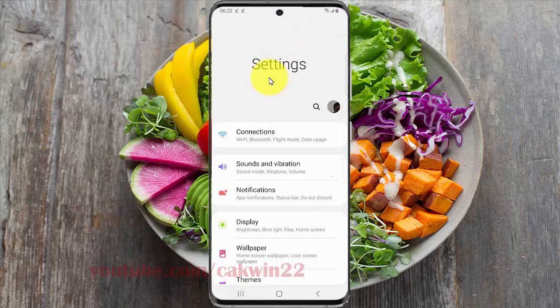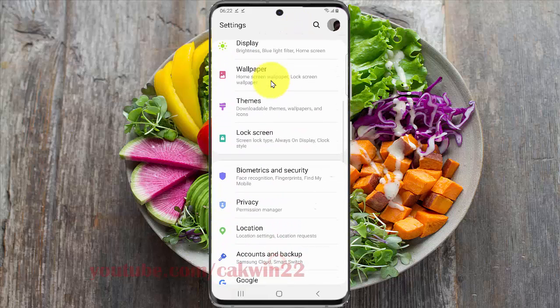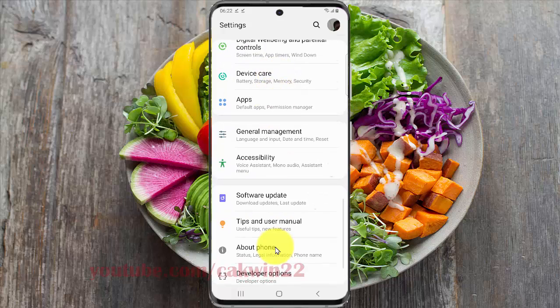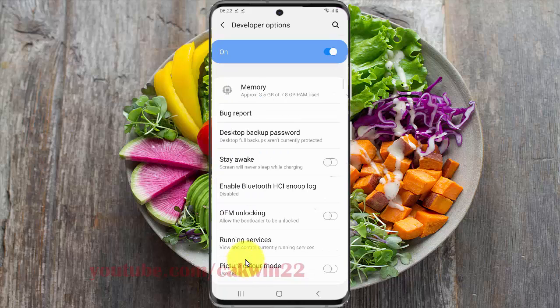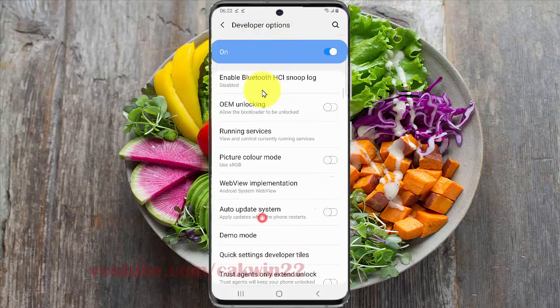Scroll down the settings screen, find developer options, and then tap developer options. Scroll down the developer options screen, find